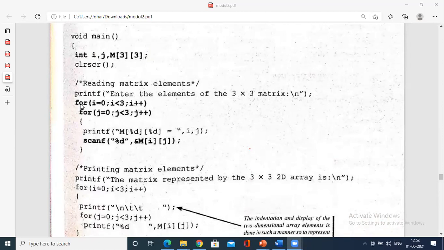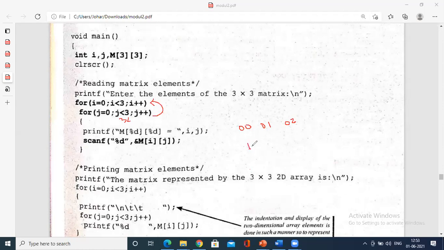Clear? This is the outer for loop for the number of rows, inner for loop for the columns. This outer for loop will come out once you enter the complete columns of the individual row. For i equal to 0, it works like this: 0 0 inner for loop, 0 1 inner for loop, 0 2 inner for loop. So when the j value becomes 3, not less than 3, it comes out of the for loop for the first time. Then i will be incremented, i equals 1.